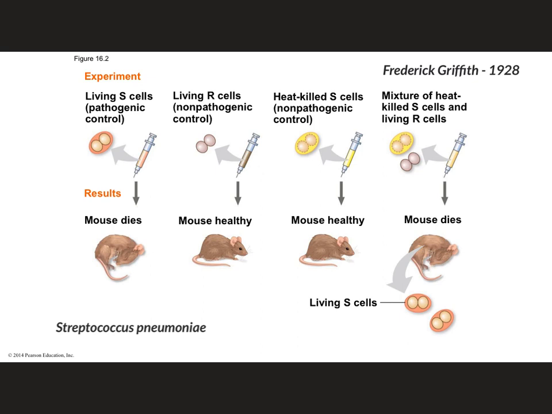This allowed the R strain bacteria to transform into the virulent S-coated smooth bacteria. We now know this phenomenon as transformation, and the transforming principle that he referred to, we now know as DNA, and that DNA can be transferred over to other bacteria and expressed as we see in his experiment. The transforming principle was later confirmed by experiments done by Avery, McLeod, McCarthy, as well as experiments by Hershey and